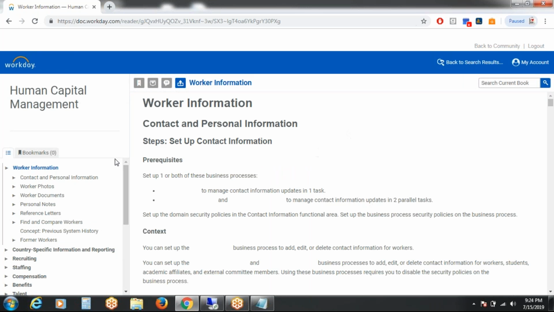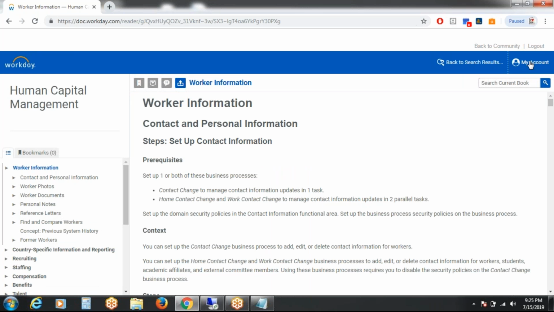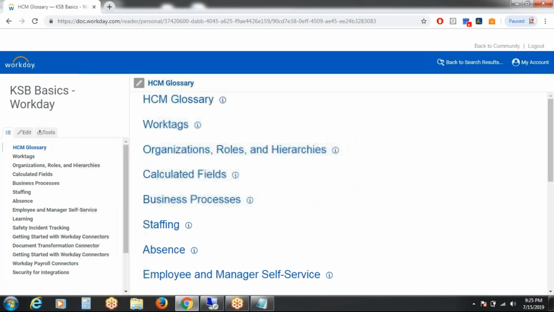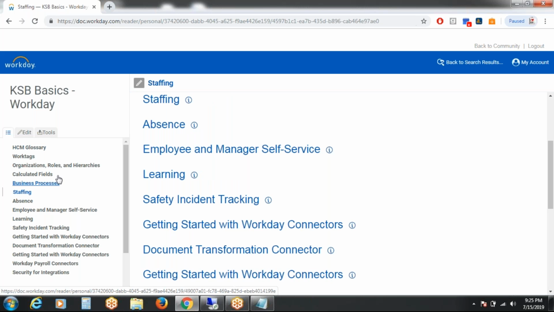See, say for example, I will go to my books. This is my personal book. Staffing related, each and everything will come down here.